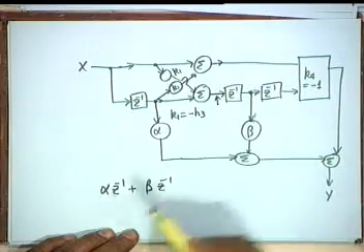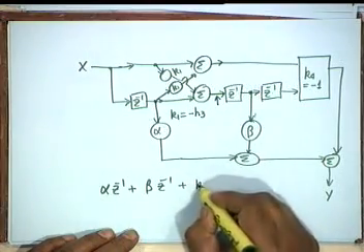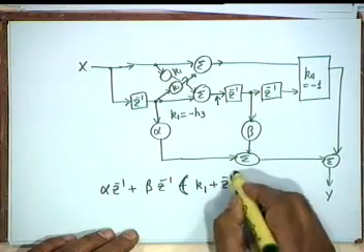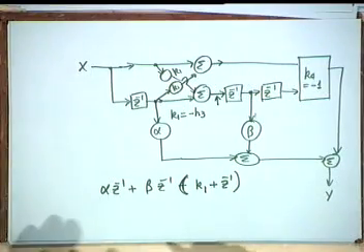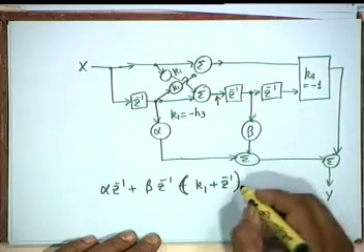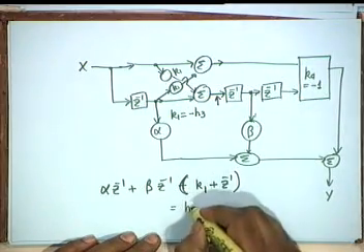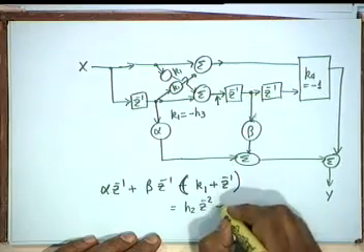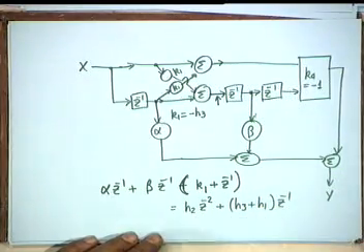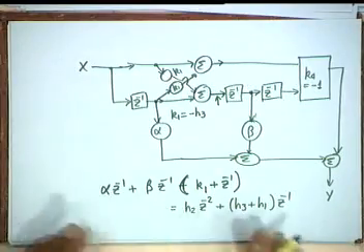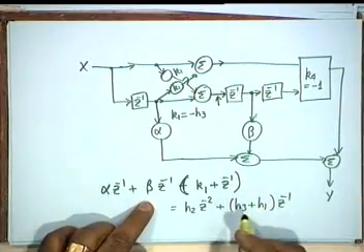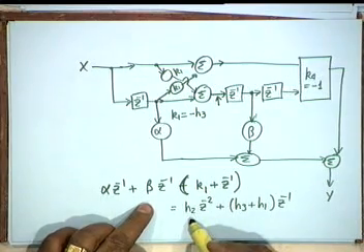Now, what is the signal here? K1 plus Z inverse into X. K1, I beg your pardon, K1 plus Z inverse. That is right. That is the transfer function, K1 plus Z inverse. Agreed? This should be equal to H2 z to the minus 2 plus H3 plus H1 Z inverse. Agreed?